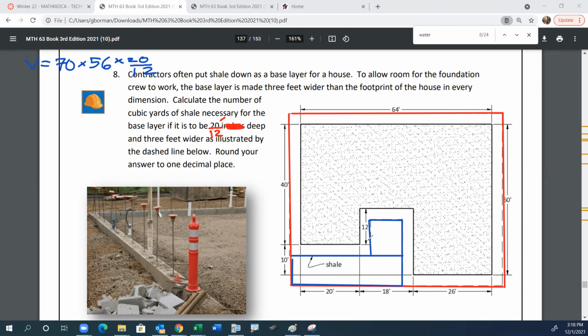So we know it's 20/12 feet deep. But what are the other dimensions? Okay, so we can see from that guy right there that it's 18 feet from there to there, but we know that's 3 feet of shale and that's 3 feet of shale. So if we subtract those away, then this region right here is just going to be 12. Okay, so we're going to subtract away 12 foot by,